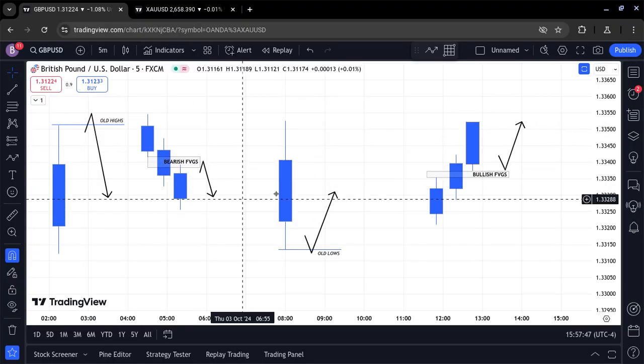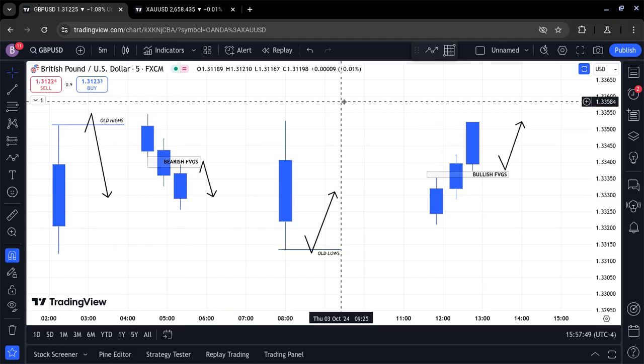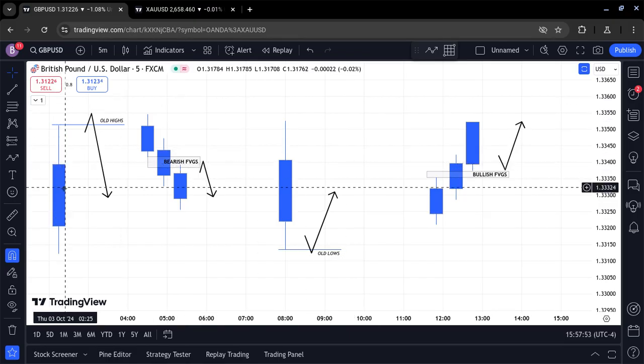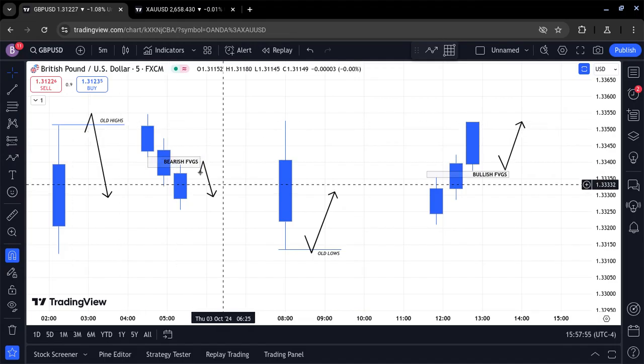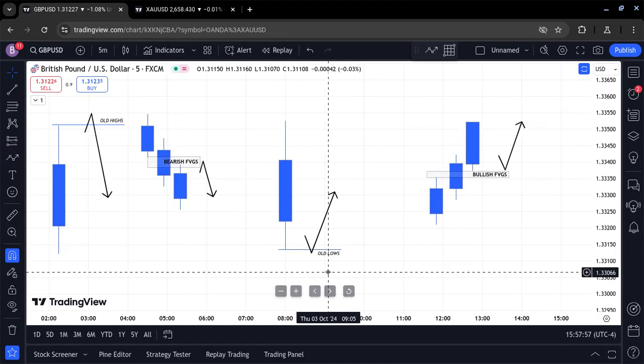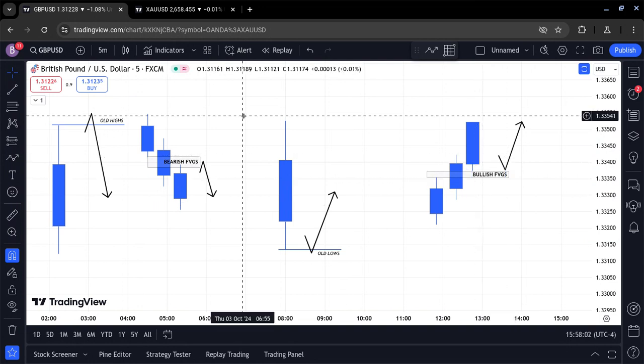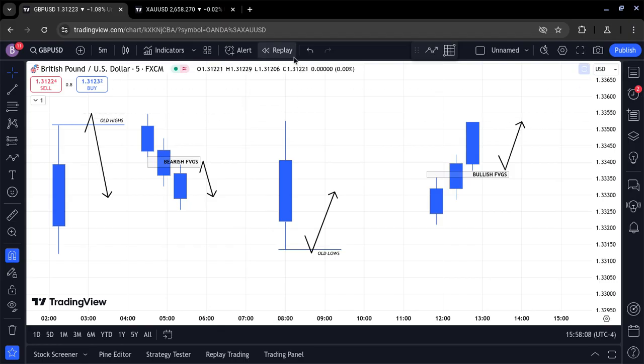But first, I want to speak of something over here. If you can see right there, it's a depiction of a candle, all high, bearish FVG, all low, and a bullish FVG right there. Okay. Now, if you want us to understand